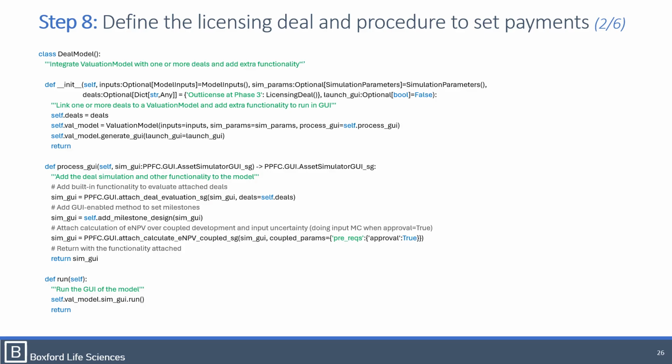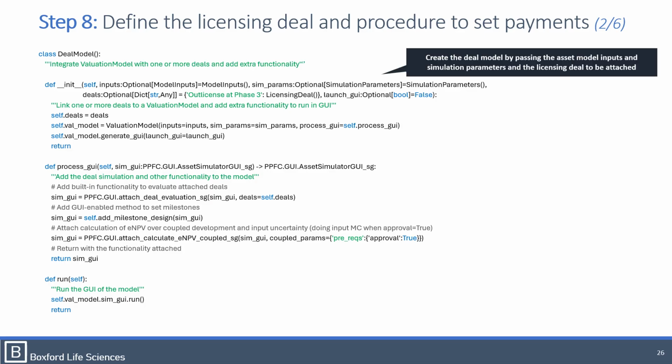Once we've defined this licensing deal, we use a deal model class in order to basically integrate that deal with an instance evaluation model. When we create a version of this class, we're going to pass it the set of model inputs, simulation parameters, and then all the deals that we want to link to it. In this case, we're only going to have one licensing deal that we're going to name out license at phase 3. And then we have a flag here on whether we launch the graphical user interface when we do it or not. When we initialize it, it stores the deals, it creates, using the logic we've already done, a valuation model, and then it calls the